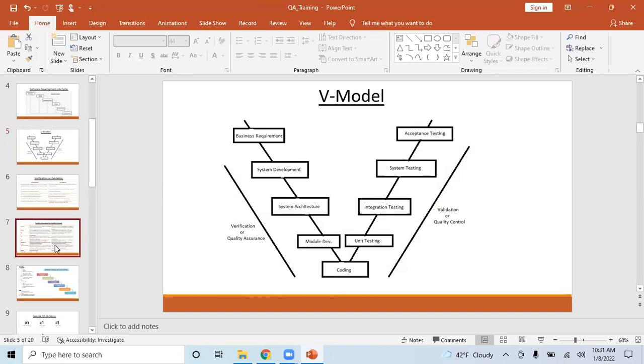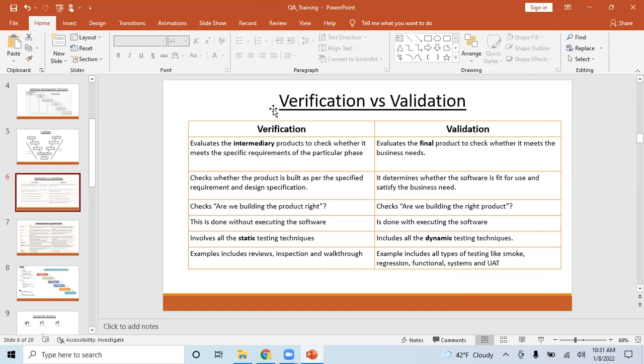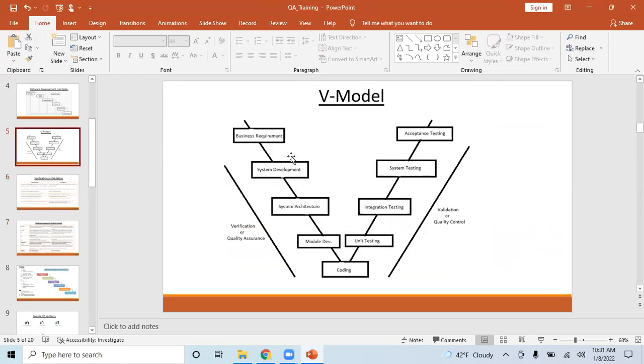I have put a separate slide. It is very important to know the difference between quality assurance and quality control. It is very important to know the difference between verification and validation. We will talk about that now, but before that, any doubts on this V model?